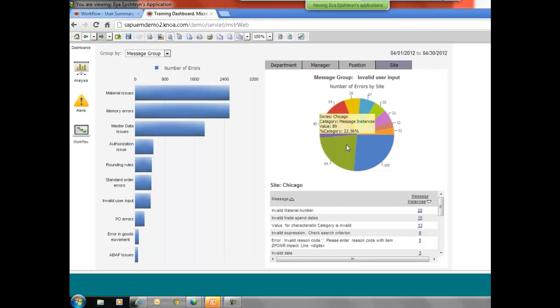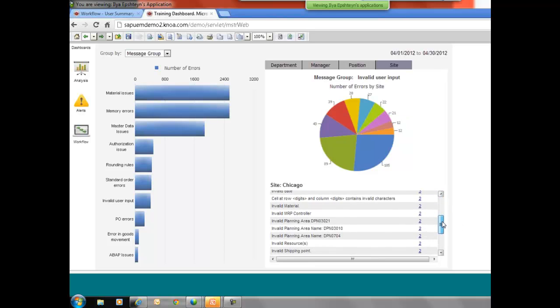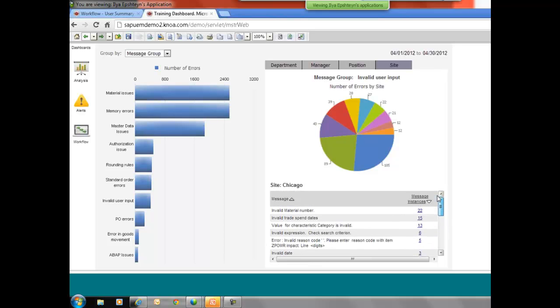So if I have a very limited training staff and I just did a rollout and I need to figure out where to focus my training team, I could quickly identify 2 sites, maybe send a couple of training people on site and actually get the biggest return for my training dollars because I could remove a lot of these issues from circulation. So this is another example, and there's a lot more use cases besides training, a lot of use cases in process efficiency,